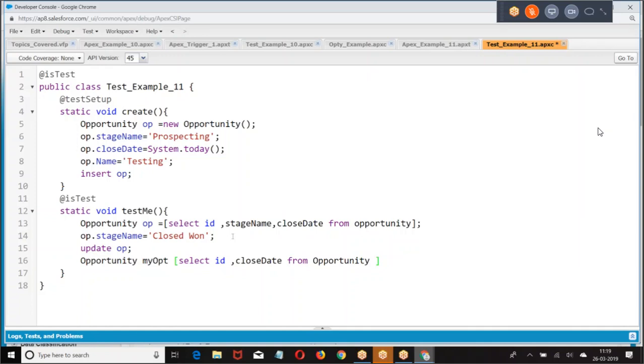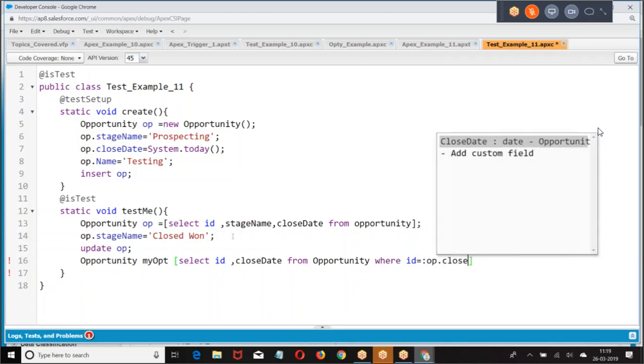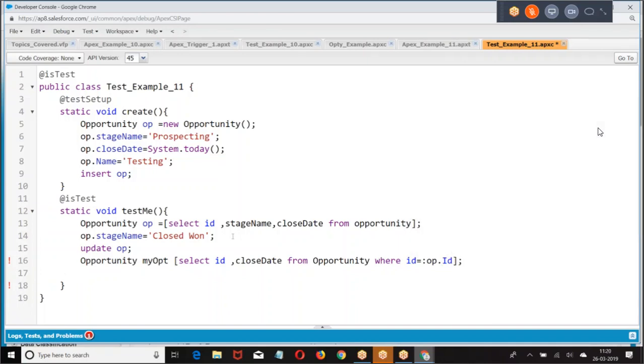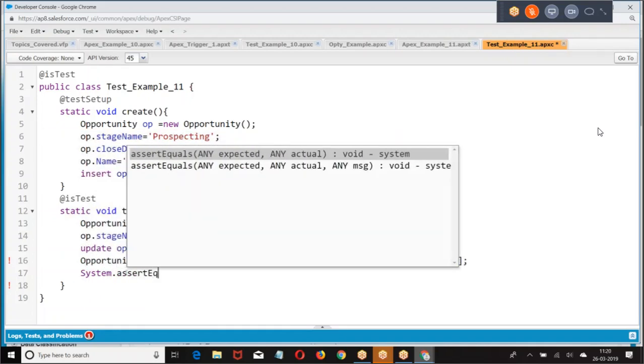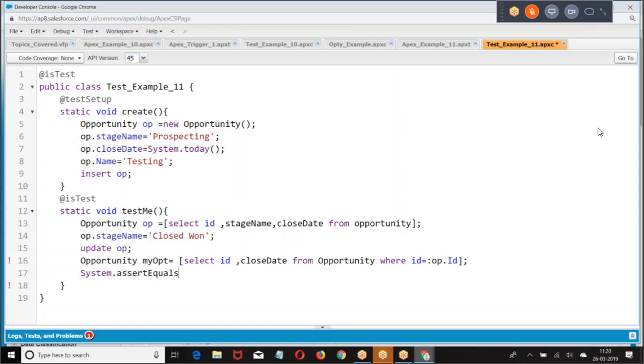Select ID, close date from opportunity where... Then check what the trigger will be doing. Because opportunity stage name is modified from prospecting to closed one, then close date should be assert equals.